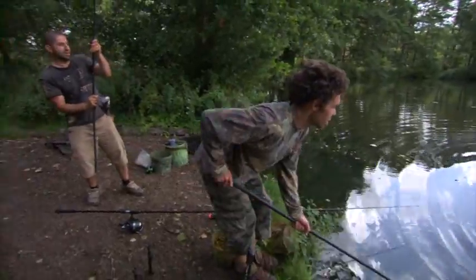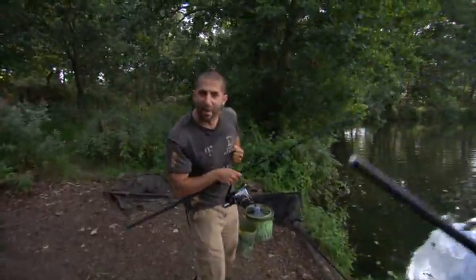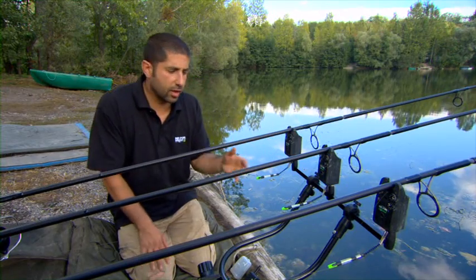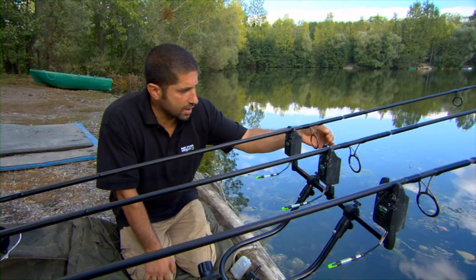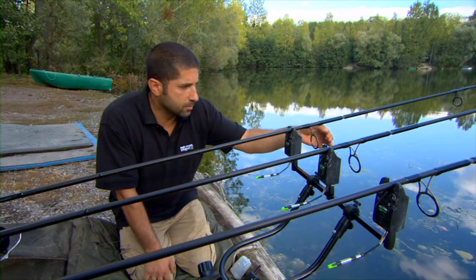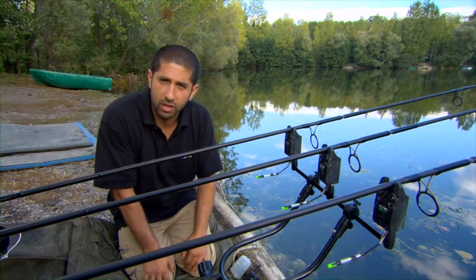Now, in most situations in the UK, or where I'm fishing in France and carp fishing for big carp, I prefer to have it on the plus setting. I normally have it on plus and either 2 or 3. Now that makes the alarm quite sensitive. Let me just show you now. I'm just barely moving it. That's probably a mil of movement on the line, and I had a couple of bleeps there,